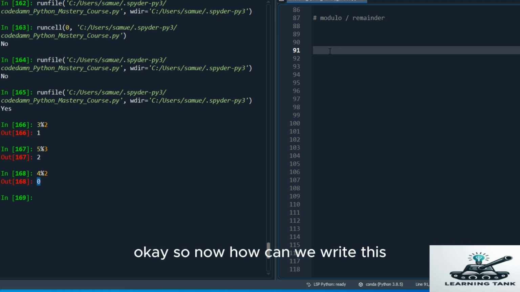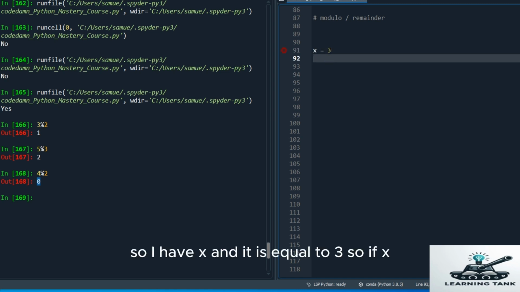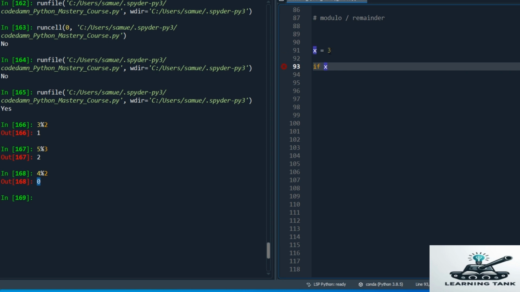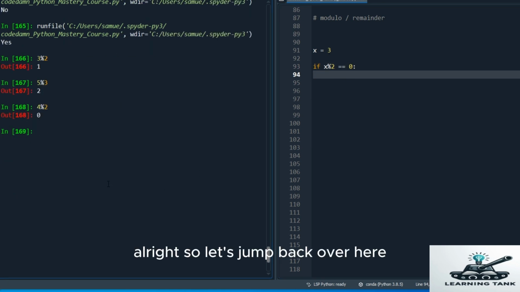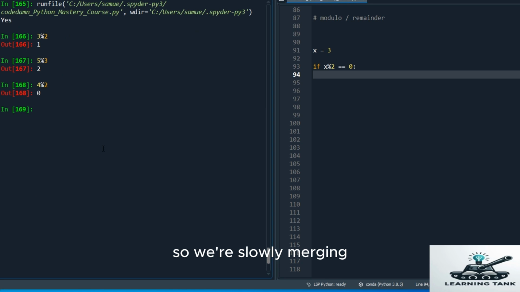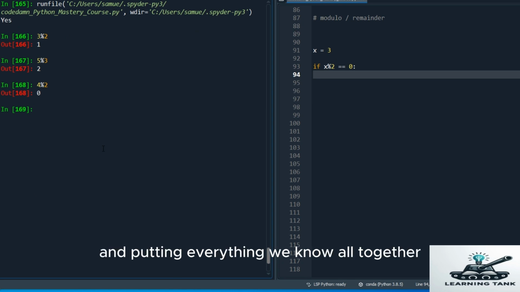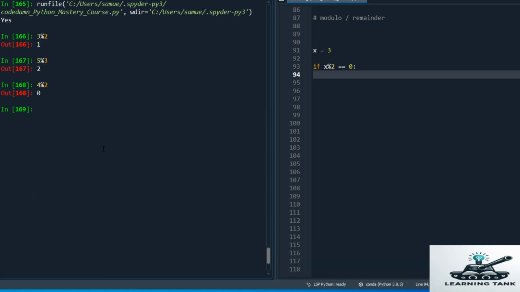Okay, so now how can we write this? So I have x, and it is equal to 3. So if x modulo 2 equal 0, all right, so let's jump back over here. So we're slowly merging and putting everything we know all together. So I have 4